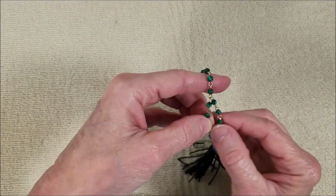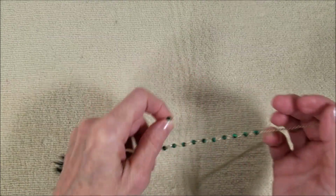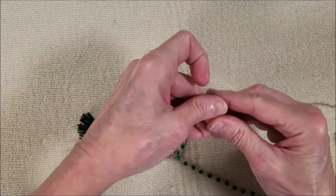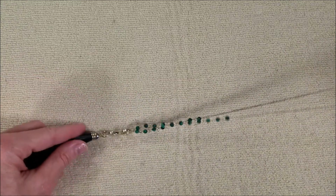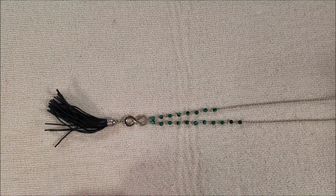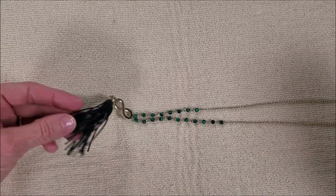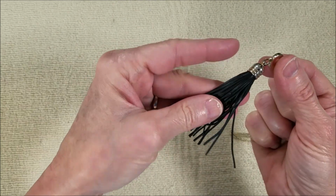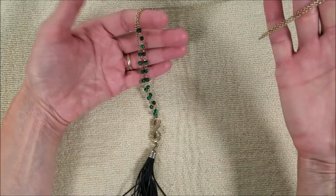And this is, uh-oh. I'm not sure. This may be faux malachite. This doesn't go there. But it looks like malachite, but I'm not sure if it is the real thing. Need to put that back together, but there's no clasp on this. But it's not the same. Wonder if we're missing a couple. But anyway, this is, I don't think that's leather. I think it's like a, I don't know what it is. But anyway, Infinity, done in gold tone. It is a nice look. It's a little long, I think, but